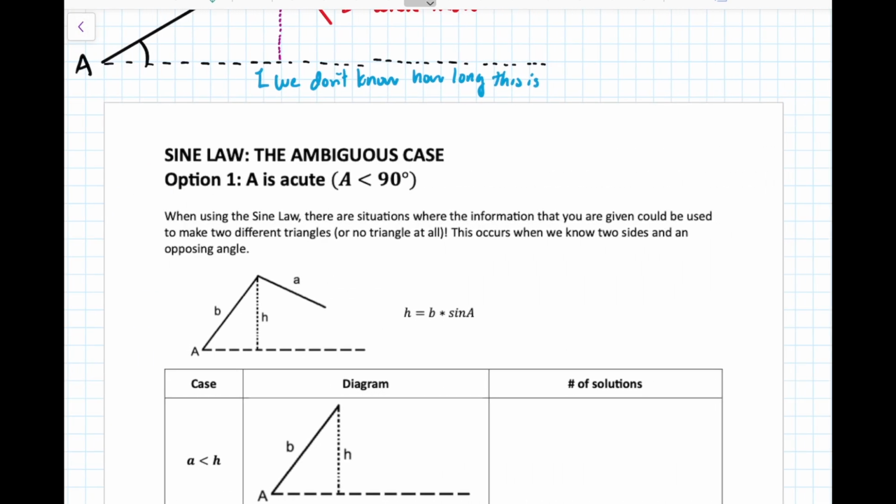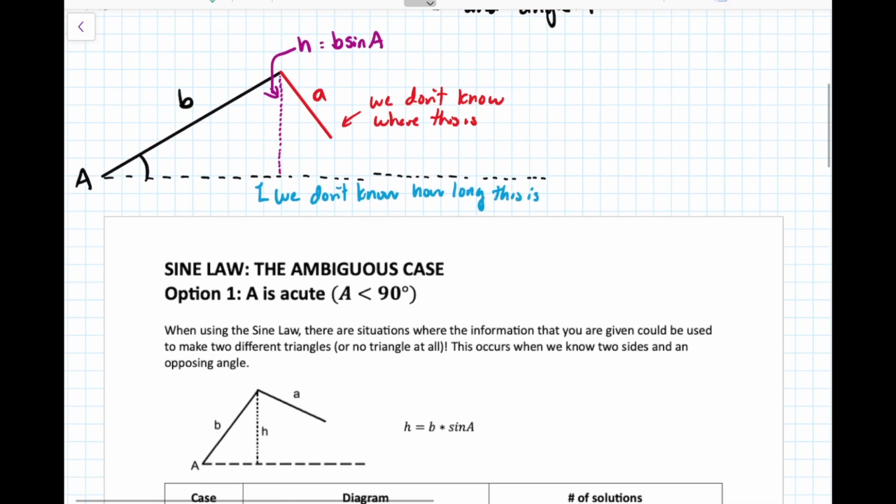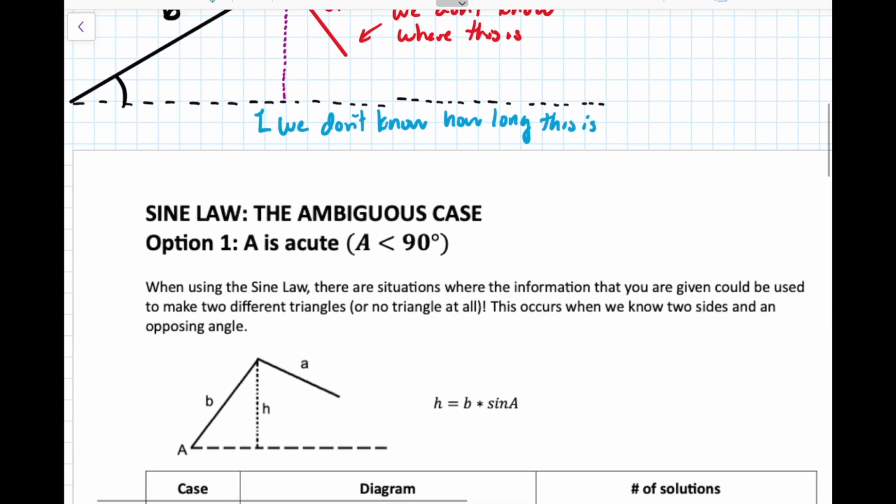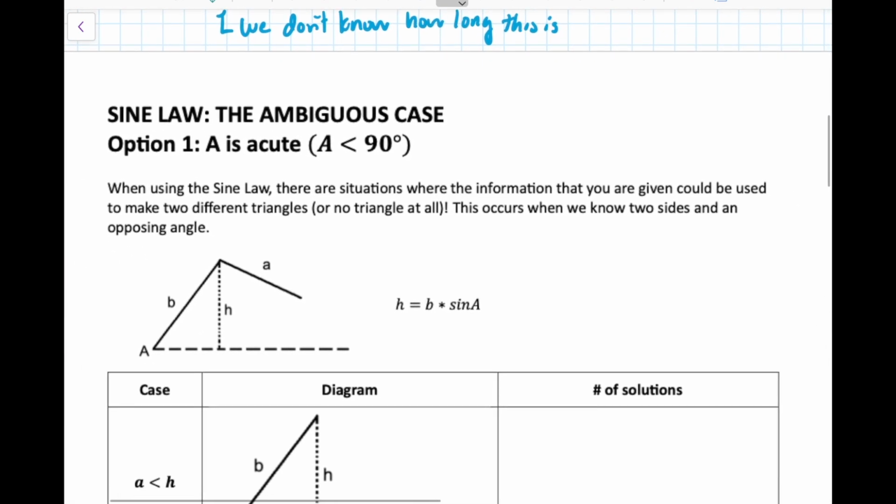So our first option is if this given angle, angle A, this one over here, is acute. So that's how we've drawn it here. So we've got an acute angle, and we've got sort of this setup, and again, we know that h equals b times sine of A. And so we're going to run through a bunch of different cases depending on how the side lengths